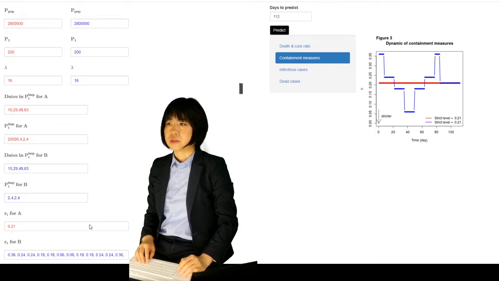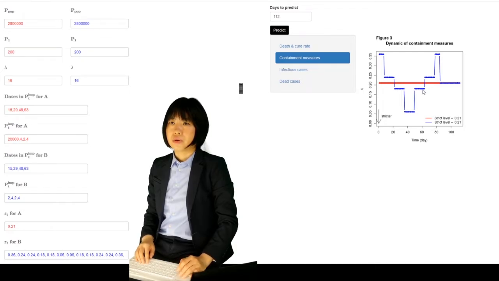We can change this RT number weekly, where we repeat the last number till the end of the prediction. Here we predict 112 days, so basically we repeat the last input till the end,